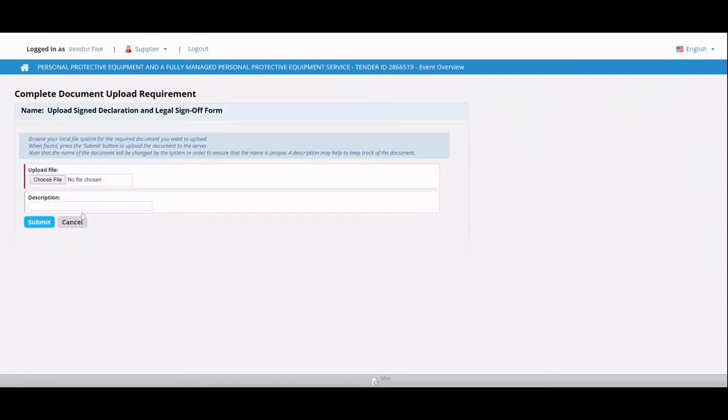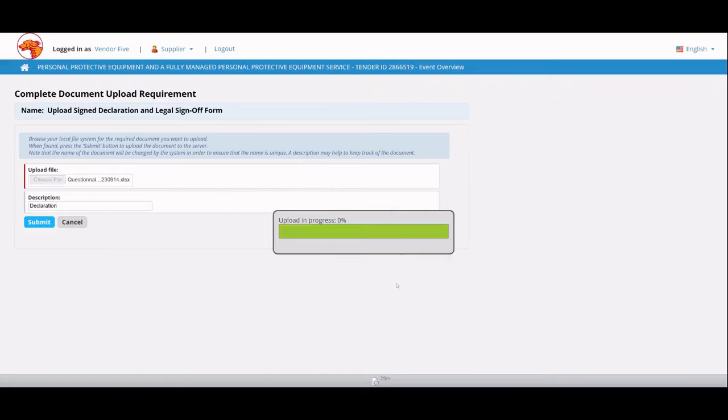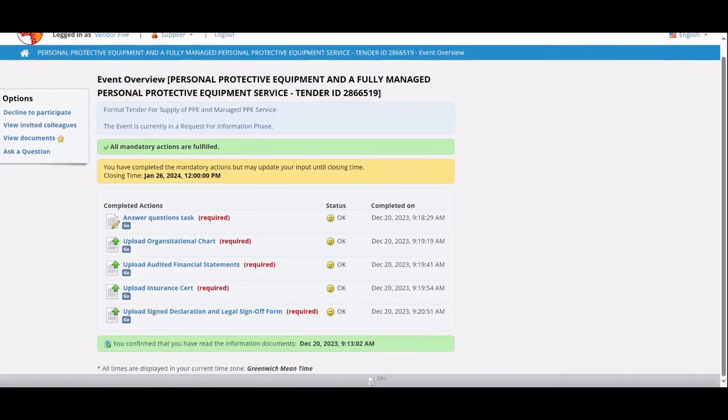So once it's signed, you then upload that document. Again, I'm just using this file as an example. Confirmation, submit. Now you will see a message saying all mandatory actions have been fulfilled, and you will notice that there is no submit button, so it will automatically be submitted once all of these status fields are okay and all mandatory actions are fulfilled. However, as mentioned previously, if needed,